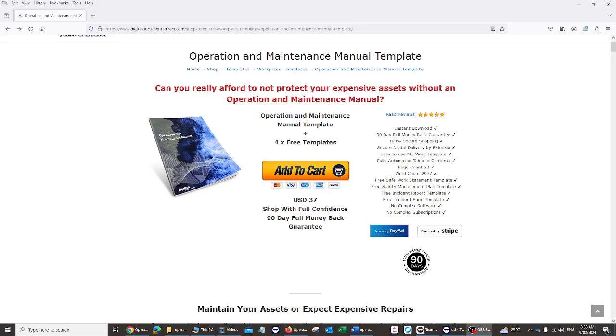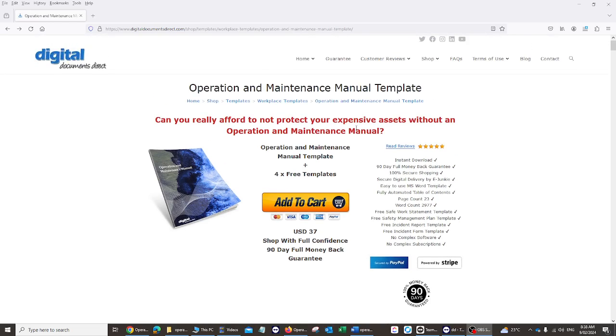So hi, we're just going to take a look at the operation and maintenance manual template. If you're looking to create an operation and maintenance manual, then this template's certainly an easy way to do it. So if you go to our website digitaldocumentsdirect.com and go to operation and maintenance manual template, you'll find a template